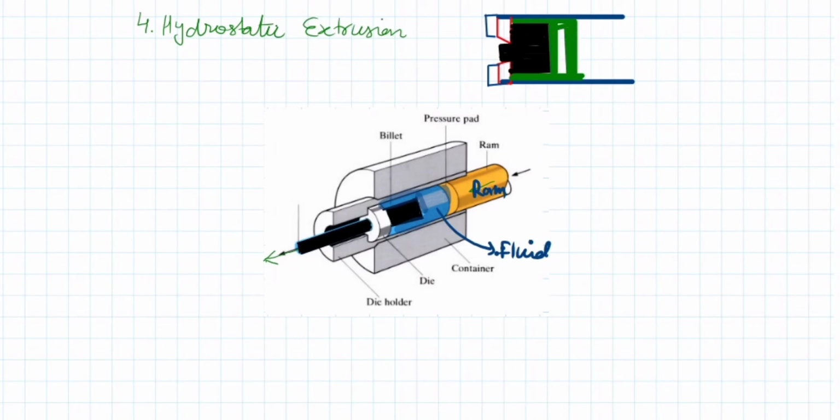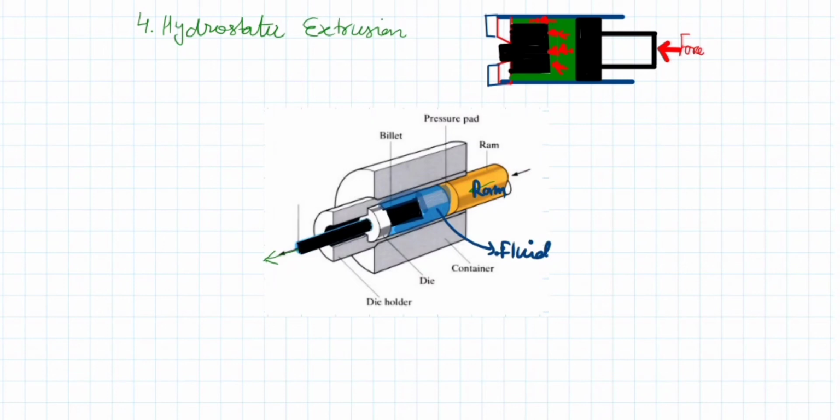Okay, and then we have the ram. This is, for example, the pressing plate, and then we have the ram. As the force is applied by this ram, that force will get transferred to the different particles of the fluid, and those fluids, which are considered to be incompressible in nature, will transfer the whole of the force which is applied on it uniformly on the billet surface,